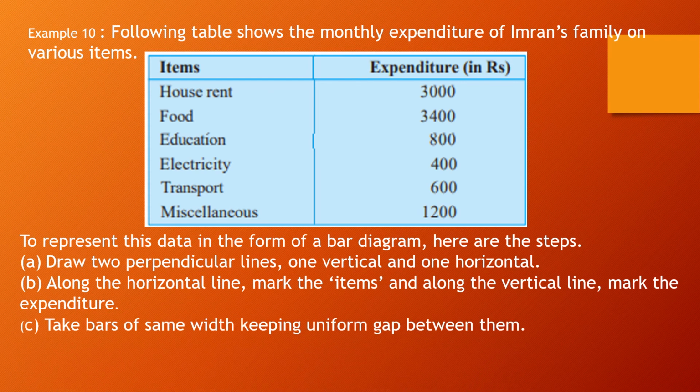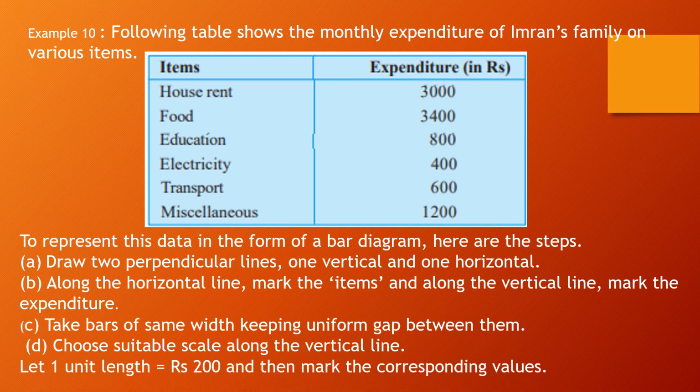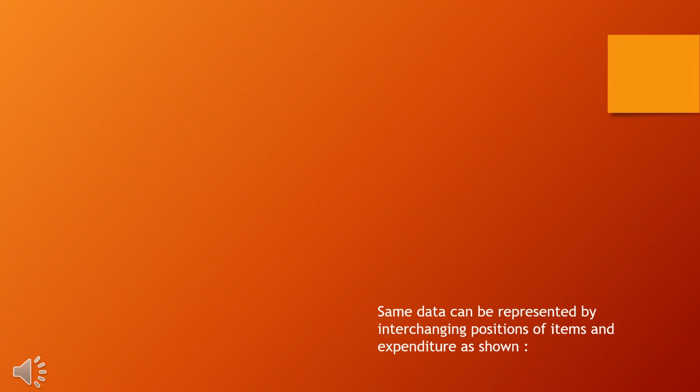Third, take bars of the same width keeping a uniform gap between them. And fourth is to choose a suitable scale along the vertical line. Let the maximum amount to be shown be 3400 and the minimum amount to be shown be 400. Therefore, let 1 unit length be represented by rupees 200, and then mark the corresponding values. We have chosen a